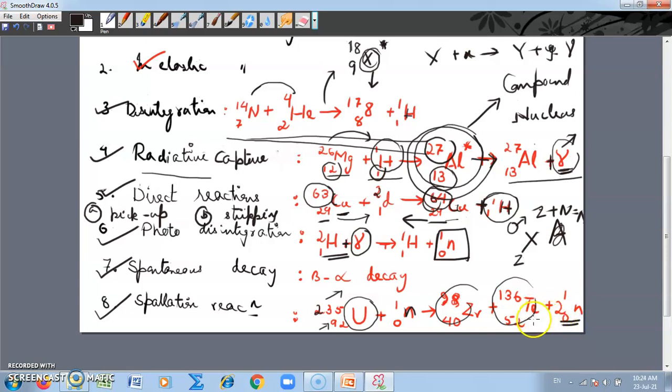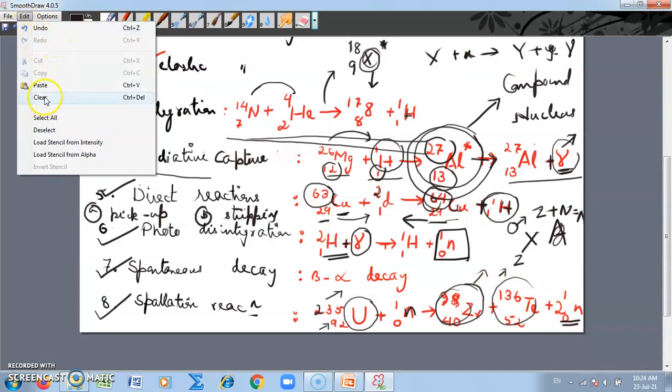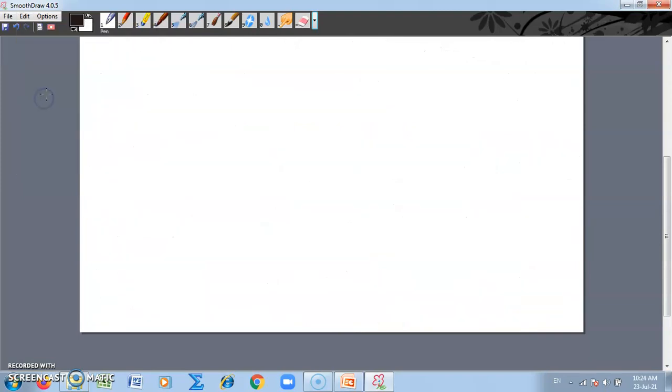So in spallation reaction, under spallation reaction we have nuclear fusion also. This is like a nuclear fission, because uranium has broken up into 2 parts which are quite big, and we have also a number of particles, and sometimes it will break into only one big nucleus and a number of particles. So this is in short different types of reactions, but there may be 2 or 3 more which I'll be sharing in the Google Classroom, and you need to know about them. Now we go to the